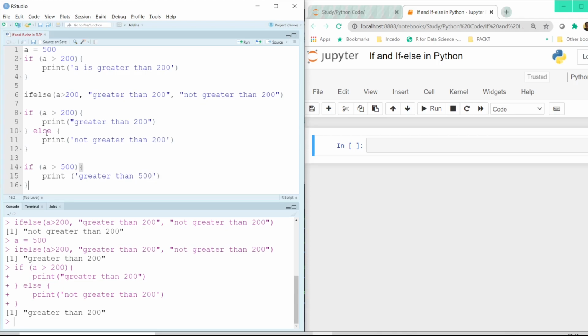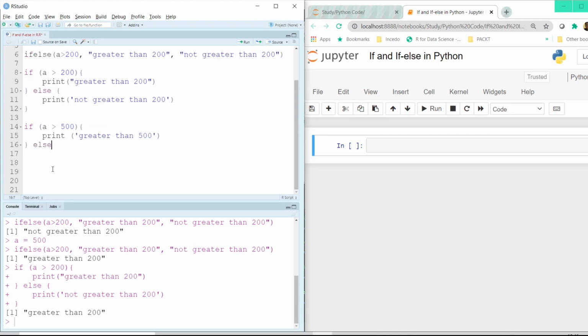Now we could also say else if, and then we have to put the condition here, A is less than 500, and then once again here we have to put the open and closed curly braces, and inside this we should have another condition that we want to be executed. Let's say we execute another print statement here, print less than 500.